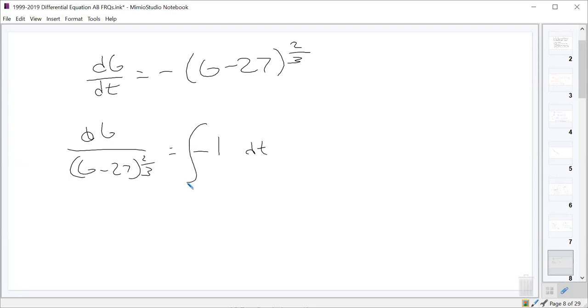What's the integral of -1 dt? Should just be -t plus our constant. And what about on the left-hand side? That one, we're going to rewrite when we try to integrate this. I'm going to rewrite that as g minus 27 to the -2/3 dg. Why do I want to do that? Because then I can use the,